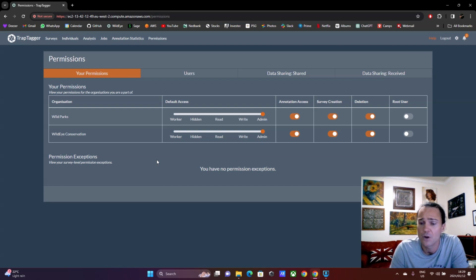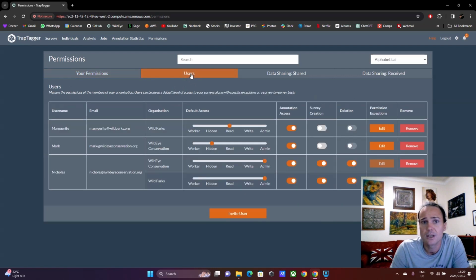So we can now move on to the next tab. And so these are now the start of all these sort of administrative functions. So now this is where you can administer the members of your organizations for which you're an admin. So remember, I'm an administrator for two organizations in this case, Wild Eye and Wild Parks. So we can see here in this table all members of both of those organizations, so all user accounts under